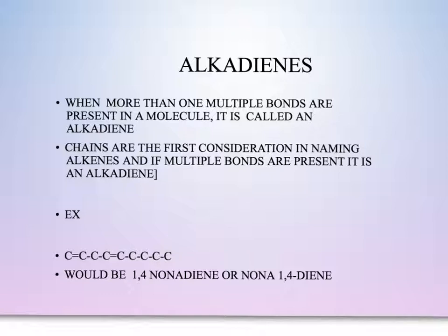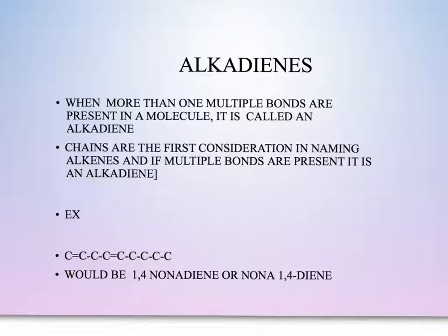Now as we look at this, and we're going to use this as our example, and we count our longest chain, it is 9, so we have a prefix of non. We have multiple bonds, we have double bonds, so we have an ENE. Now you'll notice that we have 2 double bonds, so we have a nonadiene. We do want to indicate where these double bonds are located. So the double bond is located between carbon 1 and 2, and then we count over between 4 and 5. So we would use the first carbon that it's between on each of these double bonds, so we would have a